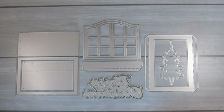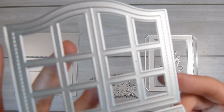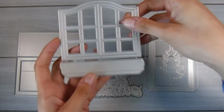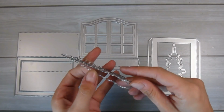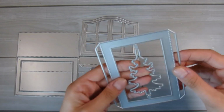Today I am sharing a video of how to create the Christmas pop-up card die set from KSCRAFTLOVERS store on Aliexpress. So first of all, these are the dies that come in your package. So we have this window die here and it has those scored lines so the window's open. Then you have the words Merry Christmas and a shadow die, which you can separate so it cuts the